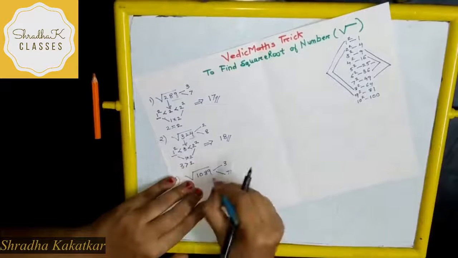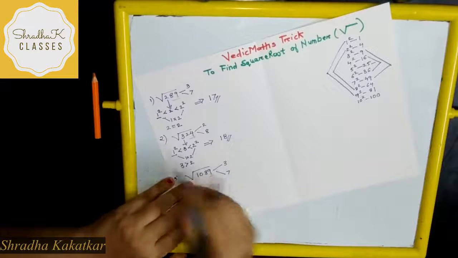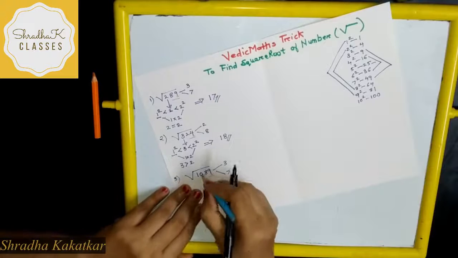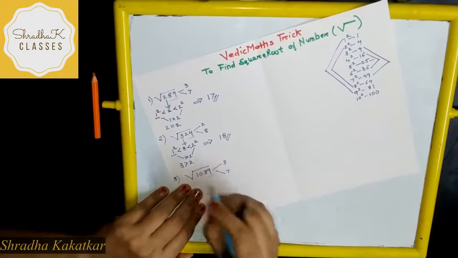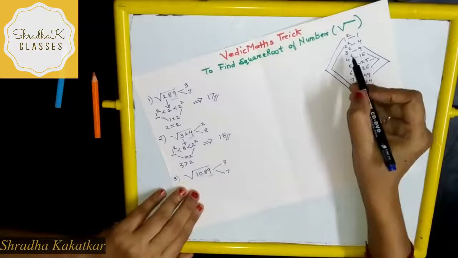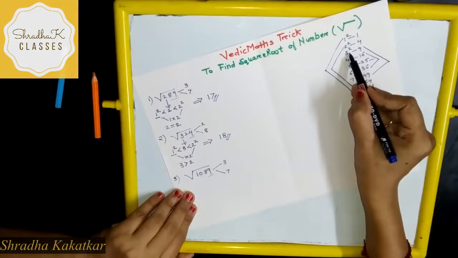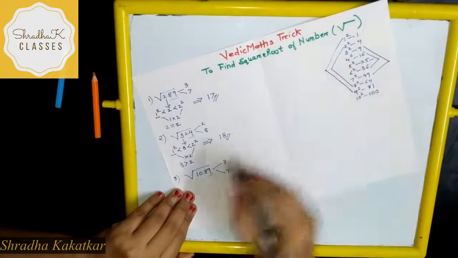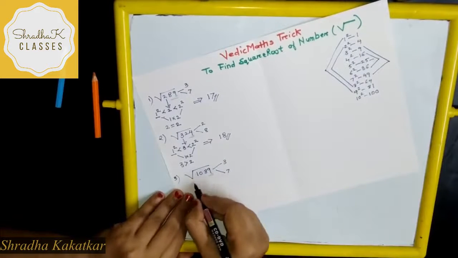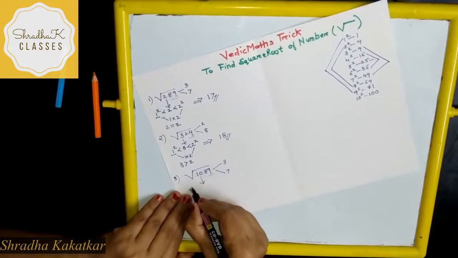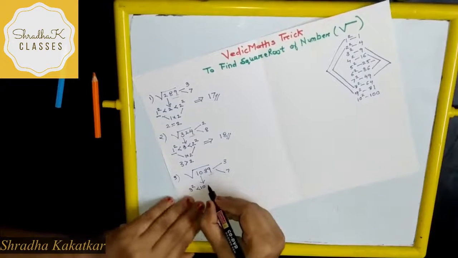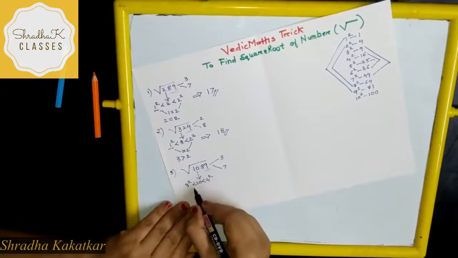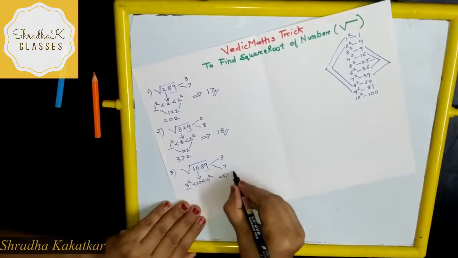Next step is leave 2 digits. Right. Now next is what? Number 10. So now this is 10. If you see, 3 square is less than this 10 and 4 square is greater than this. So what I have to do? Next step is what? 3 square is less than 10 and 10 is less than 4 square. So I got the first digit as what? First digit of my answer is 3.